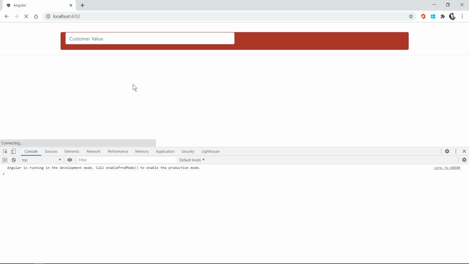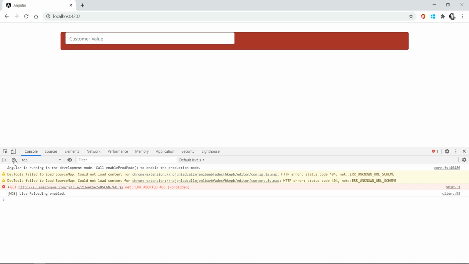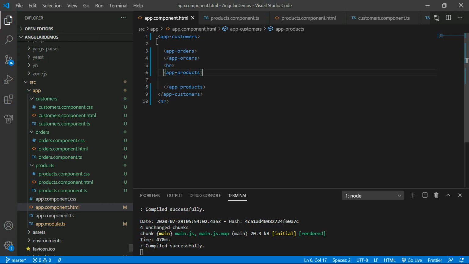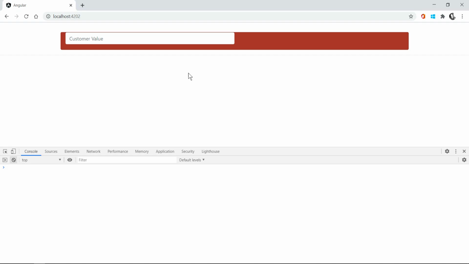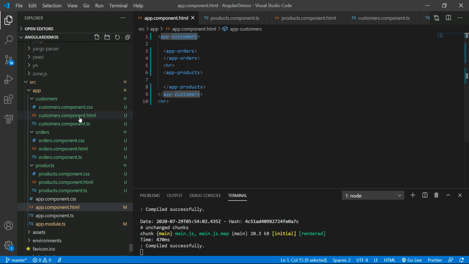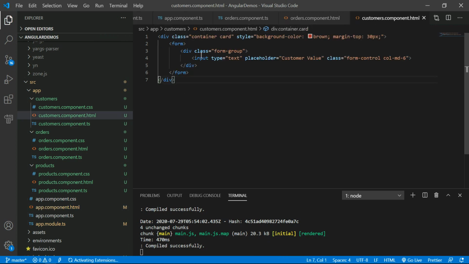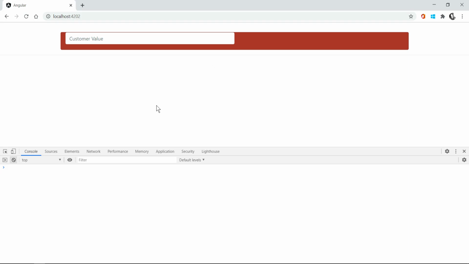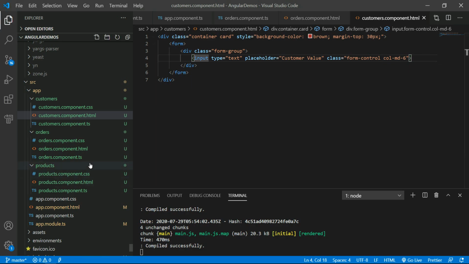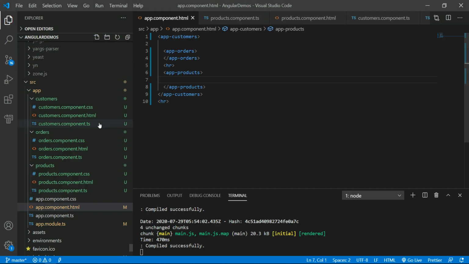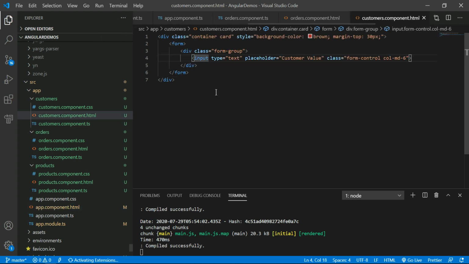There is only one thing: we can see only the customer-related elements. I am using the orders component and products component here, but I am unable to see them. I can see only the app-customers related HTML file.